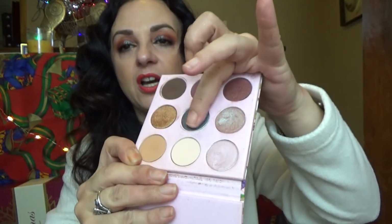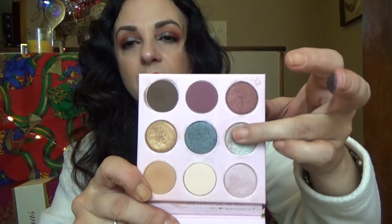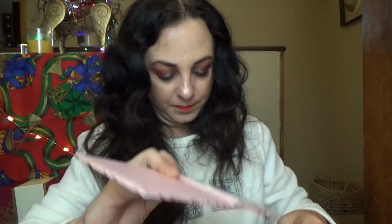This is my favorite color in the bunch. And this one is a beautiful, soft, shimmery color. Look at that. It's duochrome. It's beautiful. Winky Lux is an indie company, and I think that they need more love because they do put out some really great products,